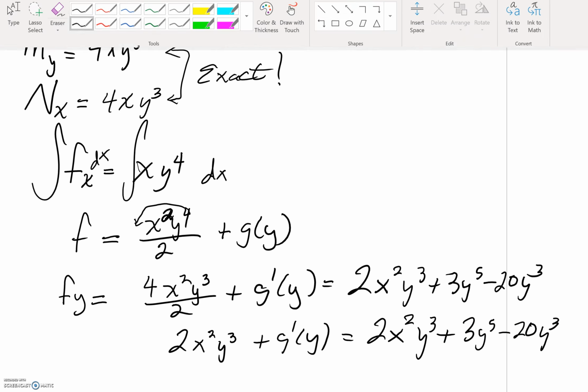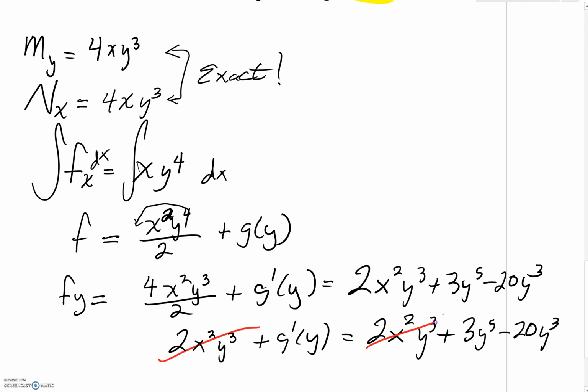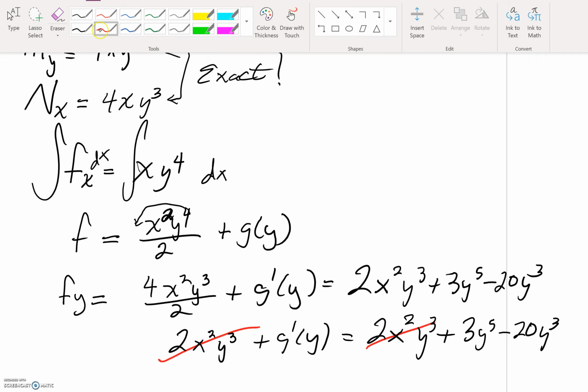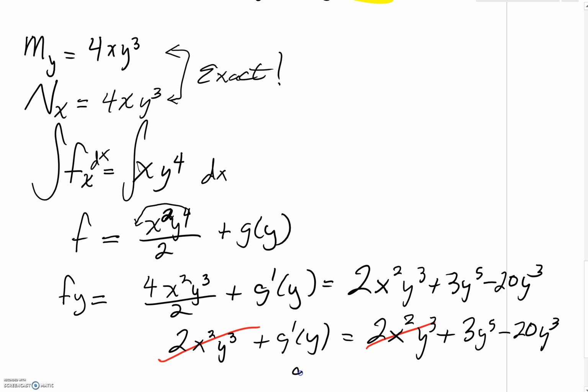And I'm going to change colors real quickly and get a 2x squared y cubed. You can subtract that from both sides. And now I'm just going to take an antiderivative with respect to y. This gets bumped up to a 6, and when I divide by 6, 3 over 6 is 1/2. And you can always double check if you've done this right by quickly taking a derivative. This gets bumped up to a 4, y to the fourth, but when you divide by 4, 20 divided by 4 is a 5. Double check that you're right by taking a quick derivative, and then we'll have a constant